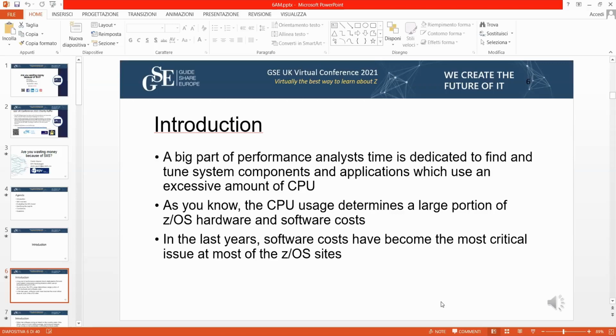You wanted to make sure that in the peak hours, no one would waste cycles. And in a way, it's again true in the future with Tailored Fit Pricing, because at that point, all the CPU used on your system, even the one running outside of the peak hours, will be summed up to make up the count at the end of the year. So it's very important to understand if you are not wasting CPU cycles.